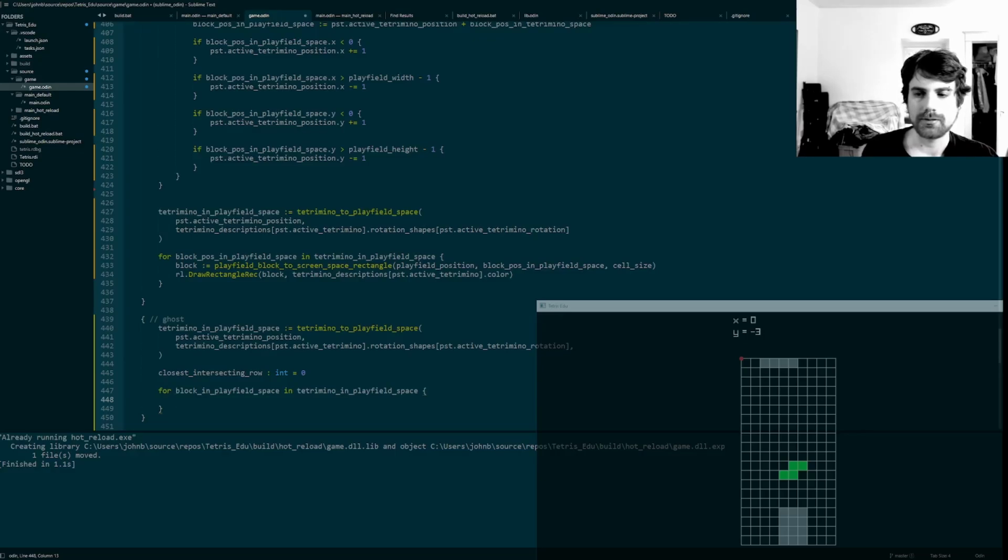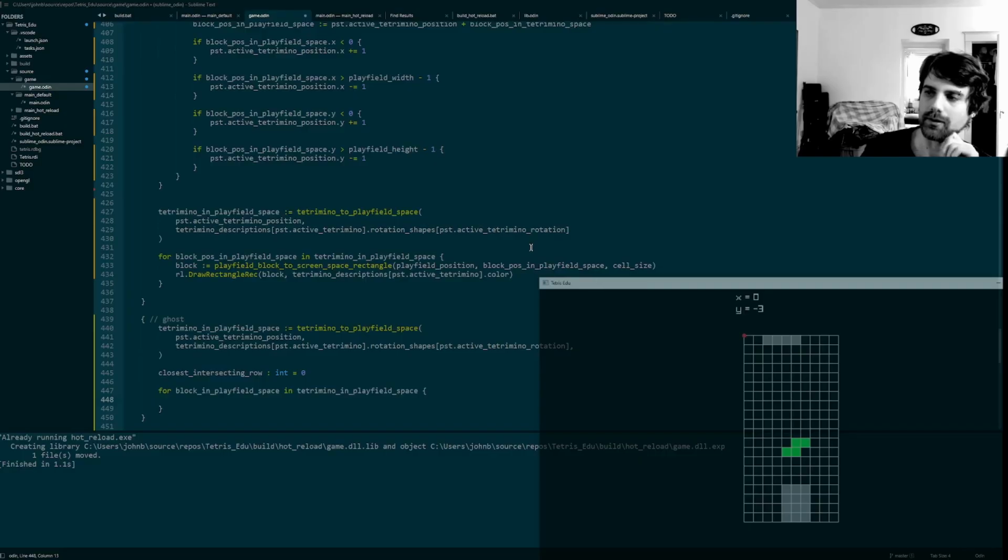So what we want to do is see if it collides with anything in the playfield, which would include one of these blocks, and also the ground, because that's really where it would collide, is the ground and then one of these blocks. So yeah, I would say